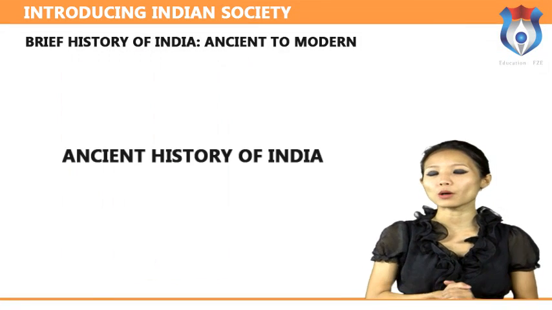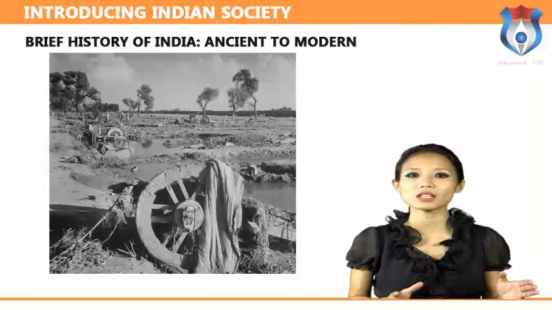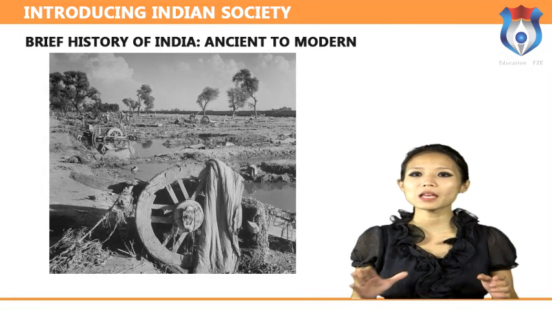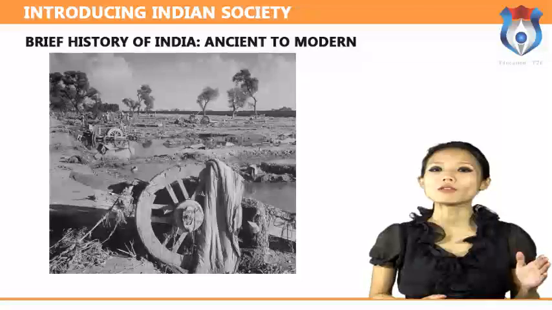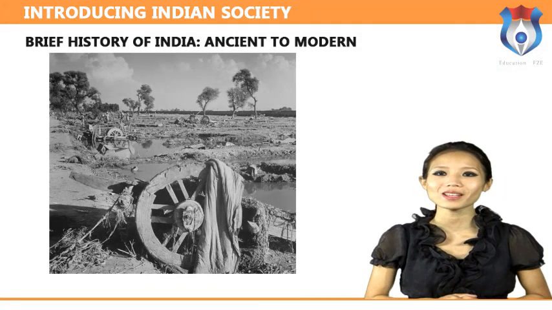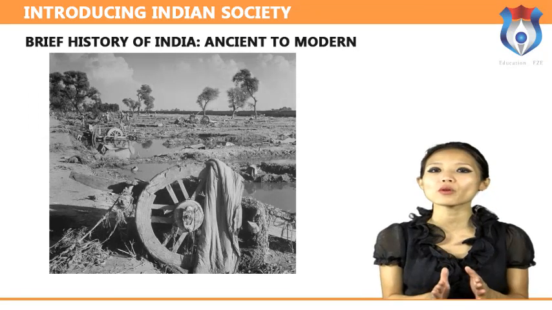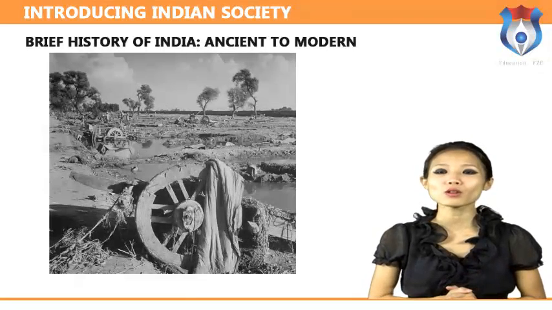Ancient history of India. Ancient history of India is marked by the Indus Valley Civilization, which is one of the earliest known civilizations to mankind. As the name suggests, the Indus Valley Civilization flourished around the basin of river Indus in the northern western part of the nation. This civilization is believed to have flourished at around 3300 BC and it existed for about 2000